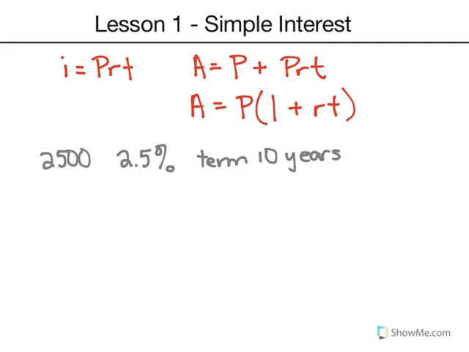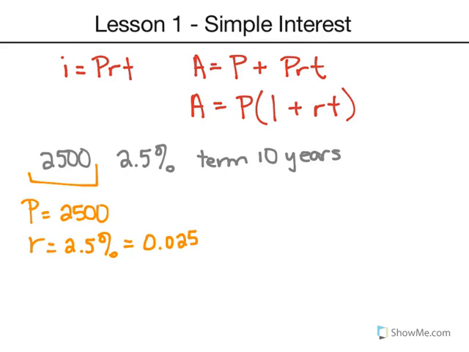What paid annually means is that at the end of the year it calculates the interest, and simple interest always calculates from your original principal value. So our P is 2,500, our R is 2.5%, and we want this as a decimal, so we move it over 2 to the left to be 0.025, and our term is 10 years. So we're going to put it into our formula: A is equal to P plus PRT. We're going to use this formula because this way we can see both